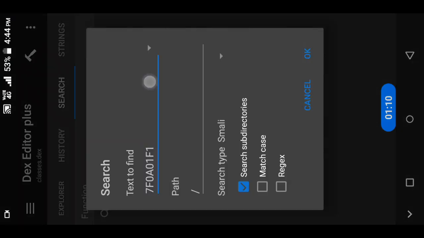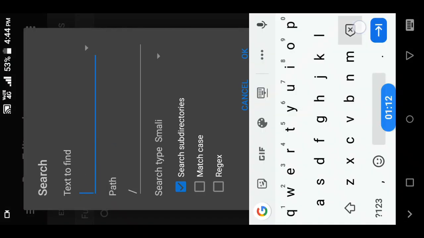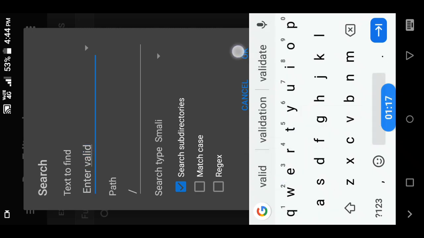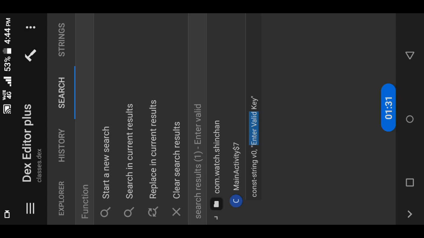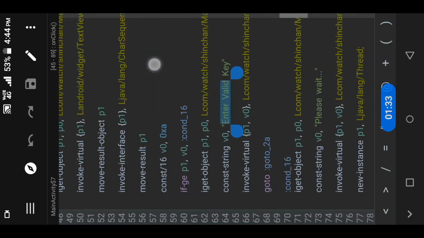So I am going to search here for enter valid key. You can see here I got it in main activity.